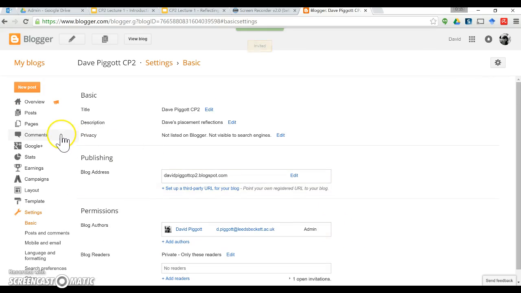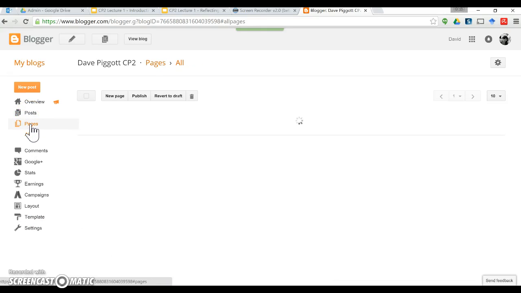So that's just the settings. Now, another thing we want to do is, and again, if you look at the assessment brief, you'll see that obviously the blog has got two types of content, pages and posts. Pages are content which you're going to stick up. It's going to be static content,